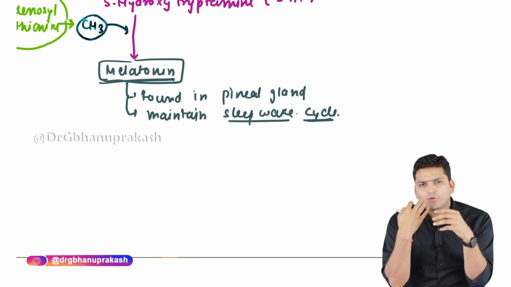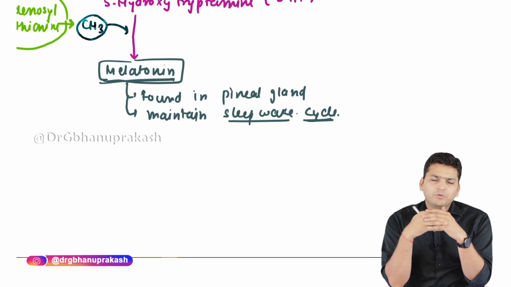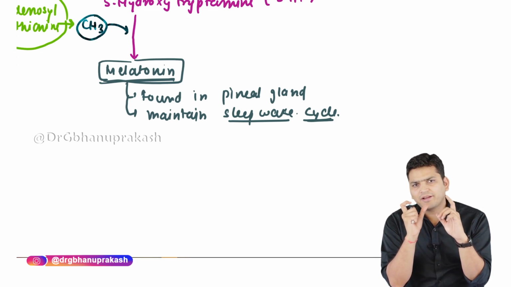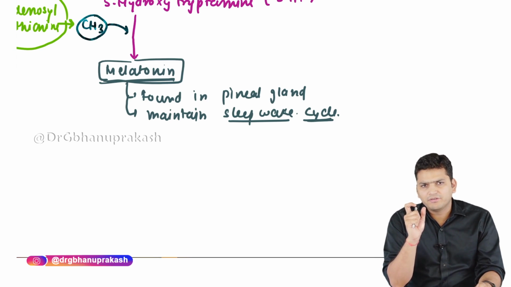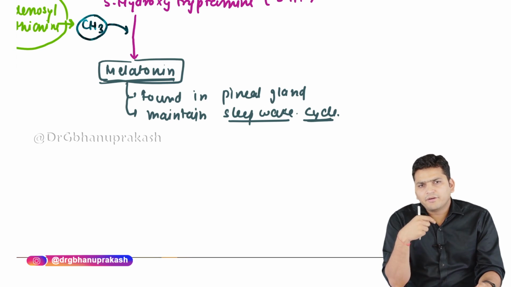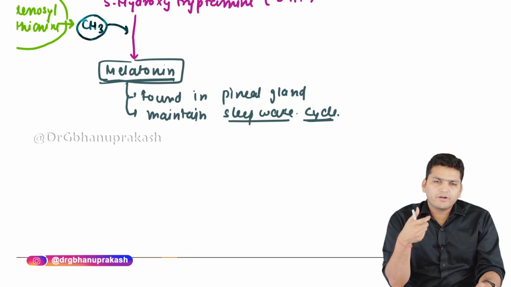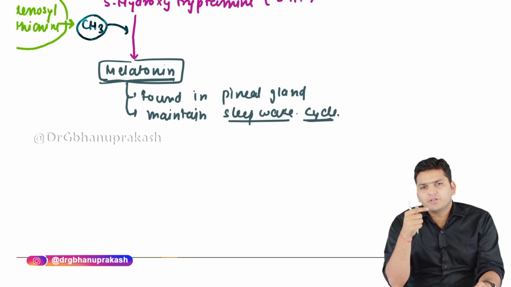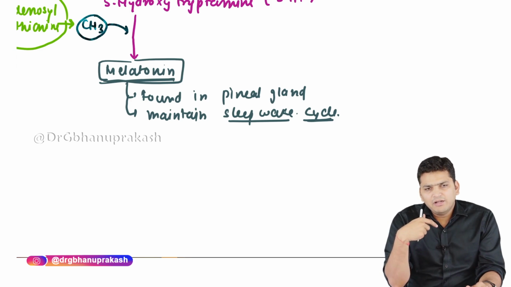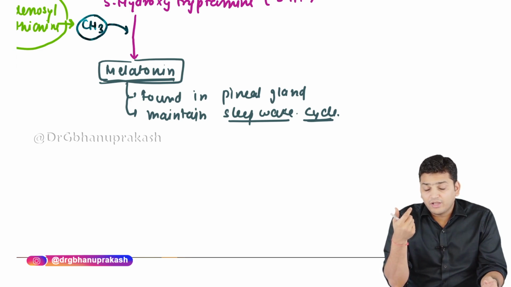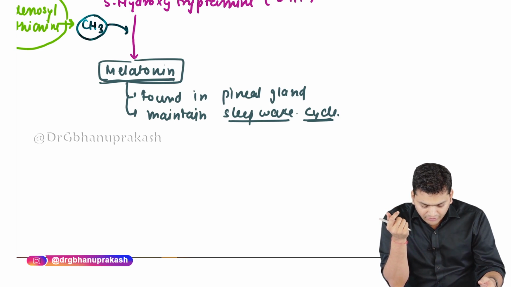So how to treat the jet lag? One way to treat the jet lag is, because the circadian rhythm is regulated by the melatonin, we give a drug that is a melatonin receptor agonist, right? And the name of that is Ramelteon. That is an over-the-counter drug available. So that is used in the treatment of jet lag. Ramelteon is a melatonin receptor agonist, and that works for the treatment of jet lag.